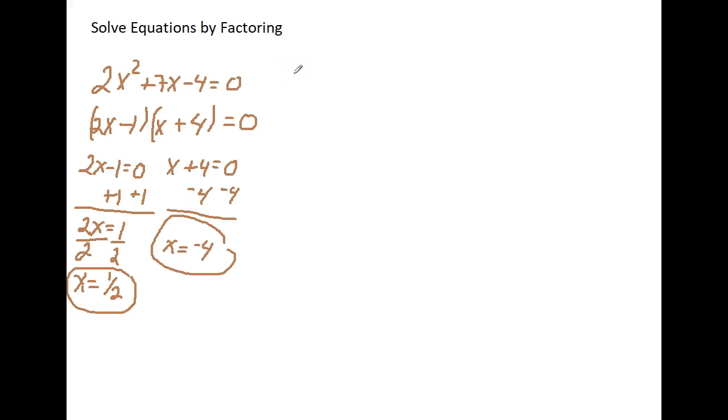Alright, next one we're going to do, let's see, we're going to have 2x to the third power plus 2x squared minus 4x equals 0. Now, you notice every term has an x and they're all evens, so I can divide out a 2 and an x. What's left is going to be